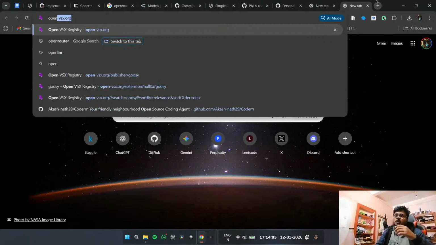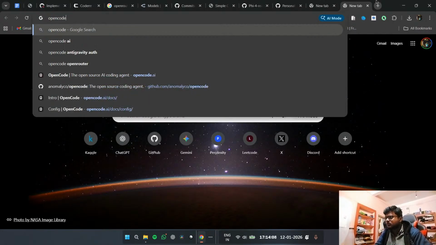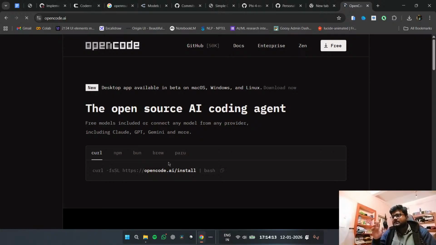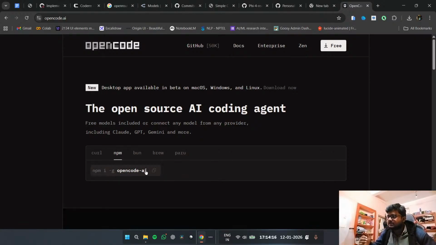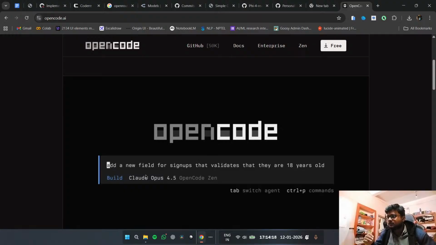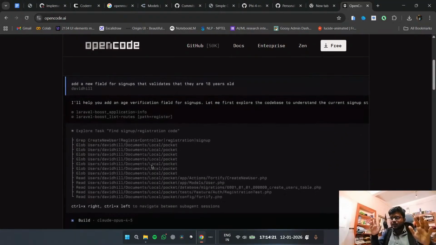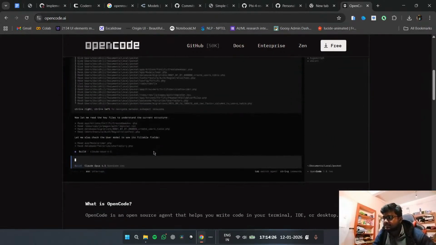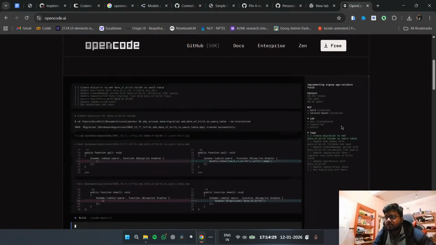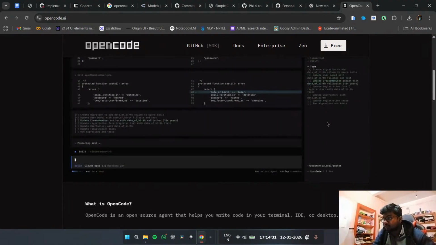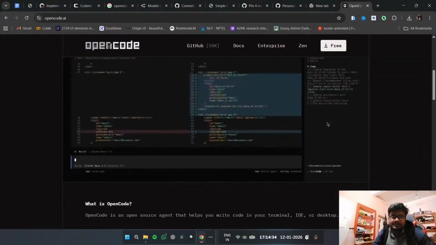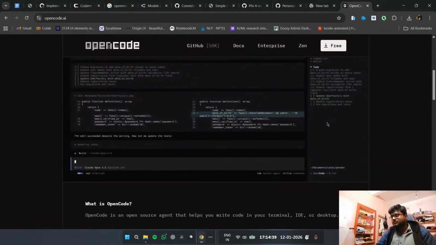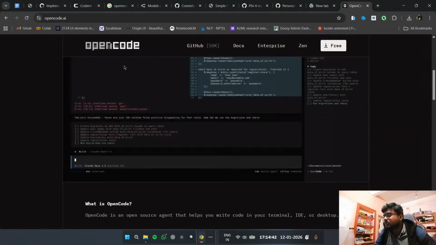I found out a tool called Open Code, I guess. OpenCode.ai. Yep. So it's basically the same thing. They have built the same thing, right? It's literally the same thing. As you can see over here, it has a better UI and it has a better system that works. But it's basically the same thing. It has this integrated MCP and all that, which I will of course implement as well. This is a great thing. Point is, if I was fast enough, I could launch this and probably I'd launch before Open Code, but